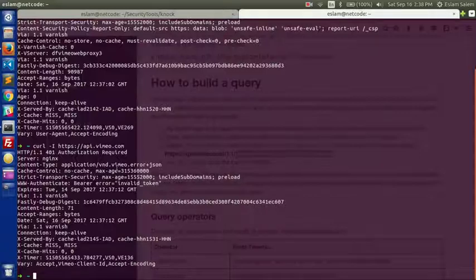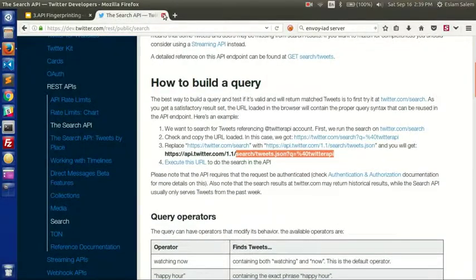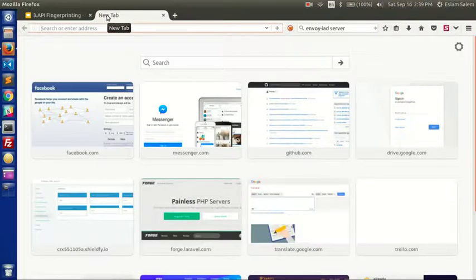Trusted sources: company jobs and LinkedIn. Company jobs can reveal a lot of things about the languages used in the company. So if a company offers jobs for PHP developers or Ruby on Rails developers, you can know clearly that the company uses PHP or Ruby. If we have an example of this, I think Slack is a good example. So if we go to the Slack career page,